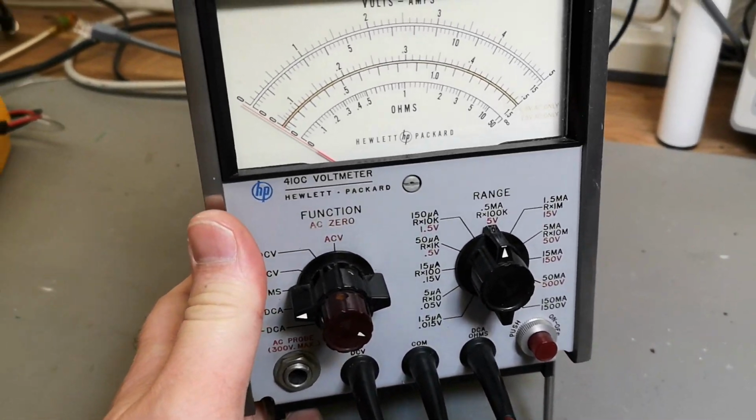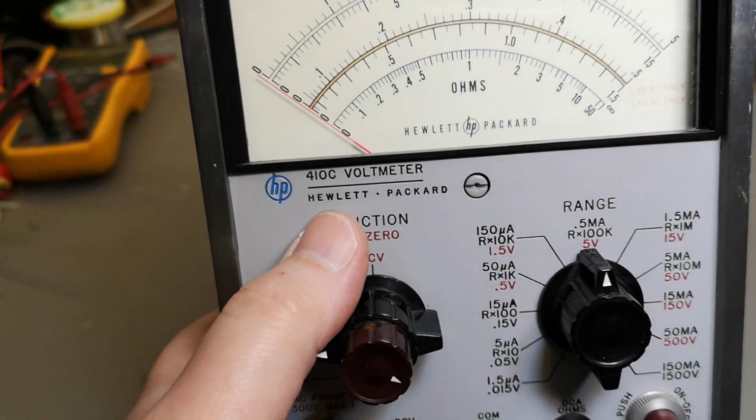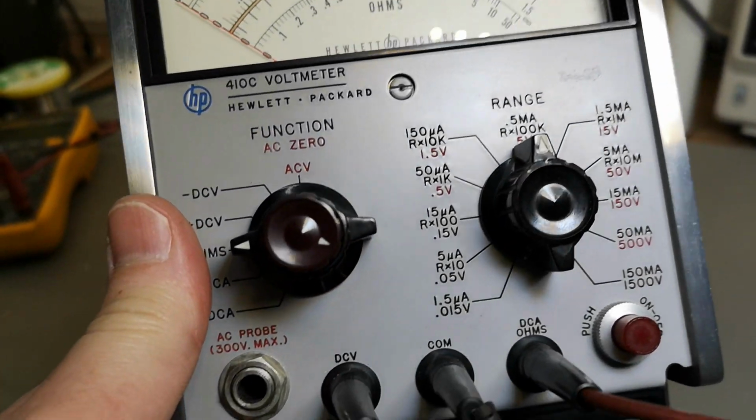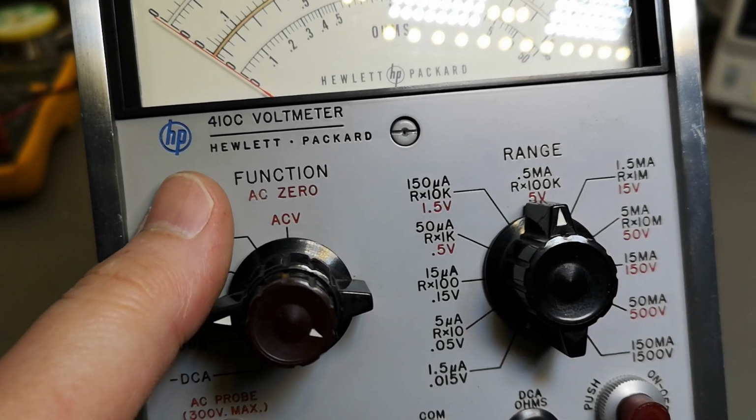If I didn't say this before, I really would like to say this again. I just love HP. It's just so beautiful. So this is an HP